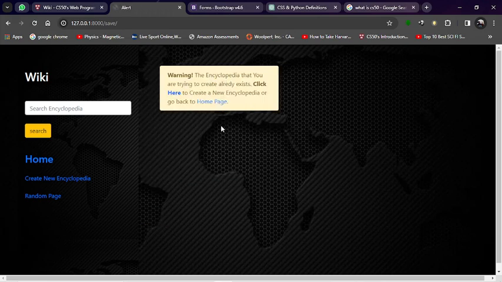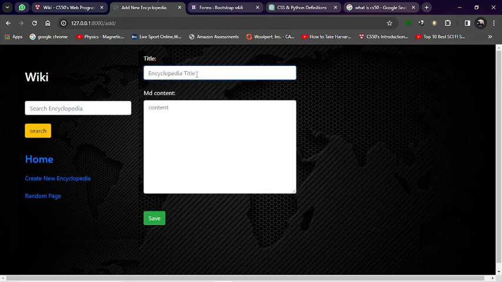Because Python exists, the user will be presented with a message saying that the encyclopedia that you are trying to create already exists. Do you wanna create another one or go back to home page? I'm gonna go back here. Now if for example I'm trying to create another encyclopedia, let's say for example Harvard,